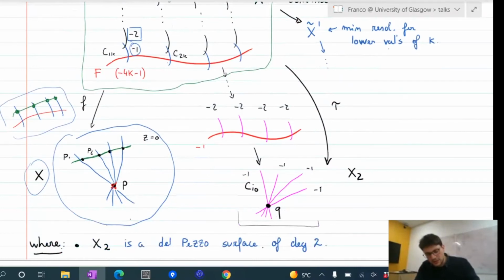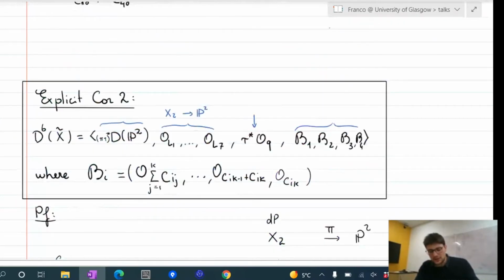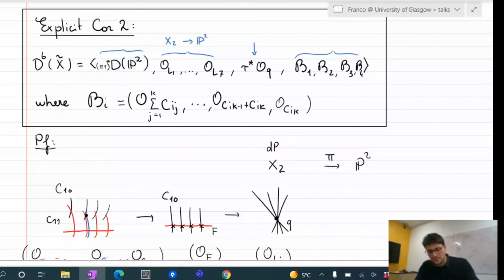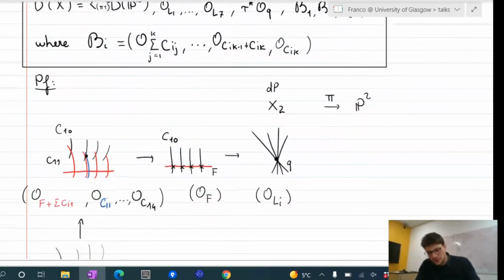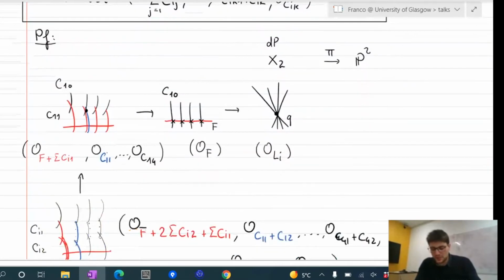Okay, every block in fact looks like this. The objects here are just sums. Well, they're subchains in the chain of exceptional objects. Just to give you an idea of why this exceptional sequence looks like this, we can go through a couple of the blowups that one needs to keep